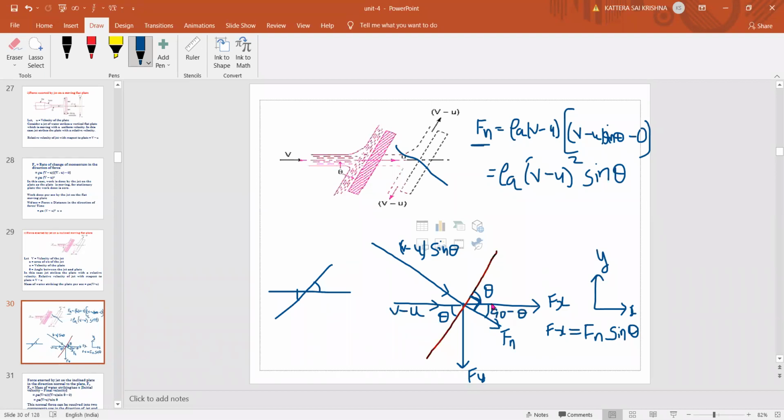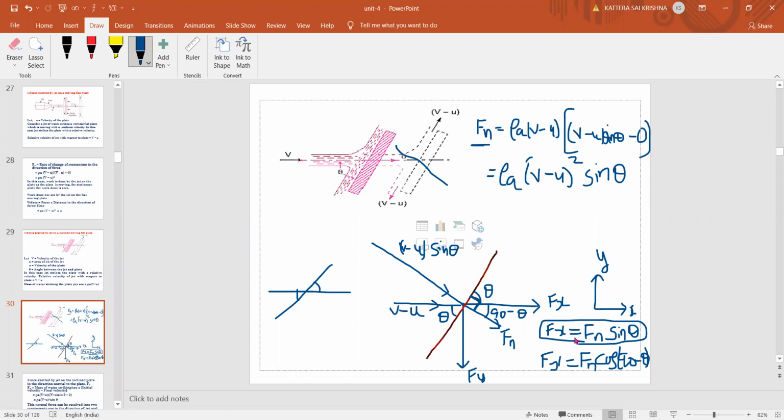Okay, so now we have the angle between these two lines that you can write here. Fx equal to Fn. Since we have the angle between these two lines, it can be taken as cos. Cos, what is the angle there? 90 minus theta. So any one you can remember. Either you remember it this way, this is 90 minus theta, or if it is the angle on the opposite side, we can write it directly as Fn sin theta. So both are the same again. Cos 90 minus theta is sin theta.